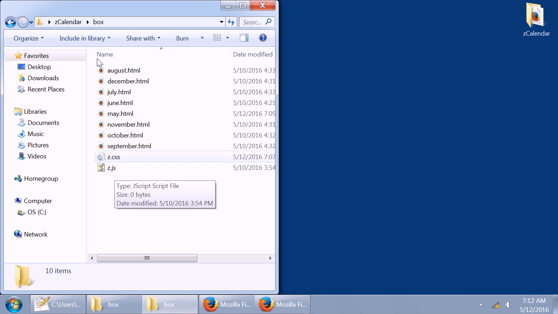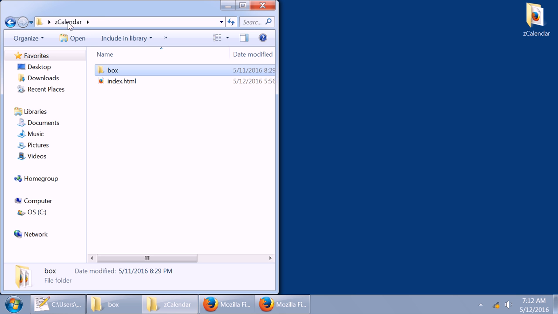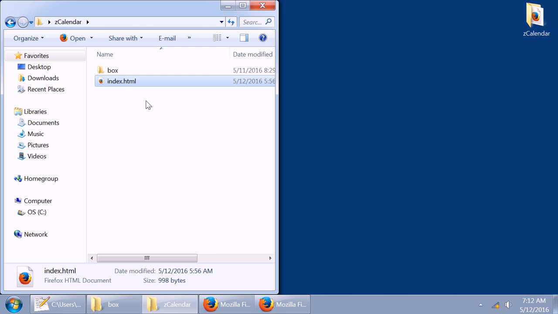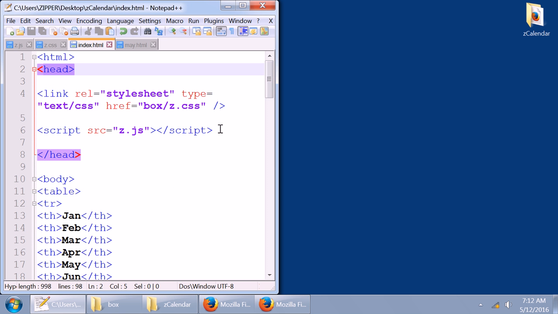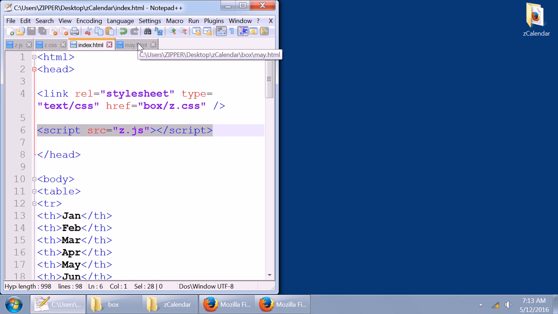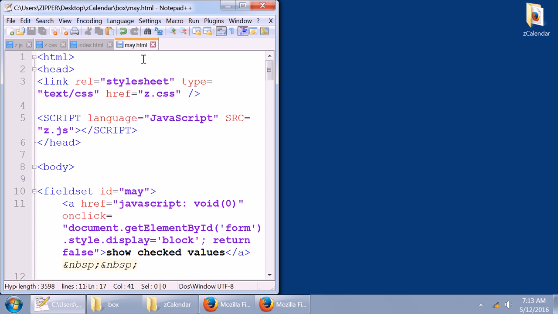So currently, if I go out of Box to the zCalendar index.html, if I right click and edit with Notepad, in the head of the page, I'm linking to the external style sheet, box/z.css, and I'm linking to that script src equals z.js for when the time comes that I do know how to change the script and I could take it out of each individual page. Because if you go to may.html all the way to the bottom,